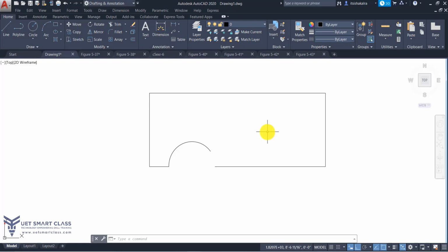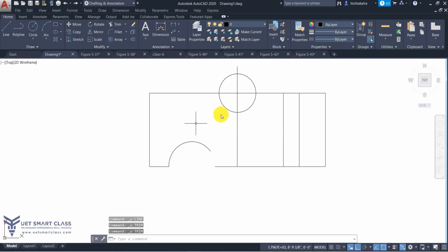Within the trim command, you can use the edge option. You need not go to extend, come back out of the command, then extend the particular edge and then go to trim. No need. Okay. Similarly, there is one more option to extend within trim. Okay. Now, I'll just bring all of my objects back.